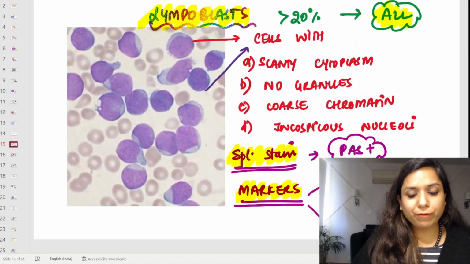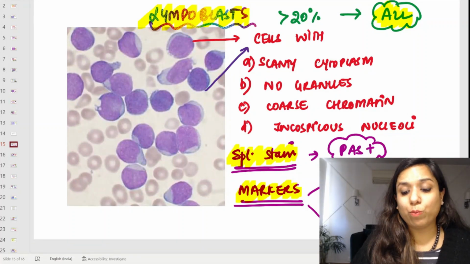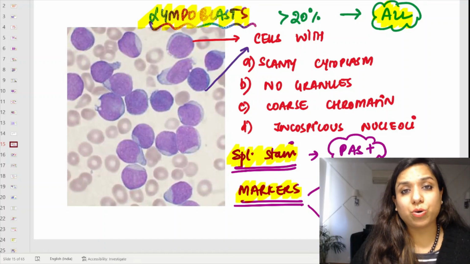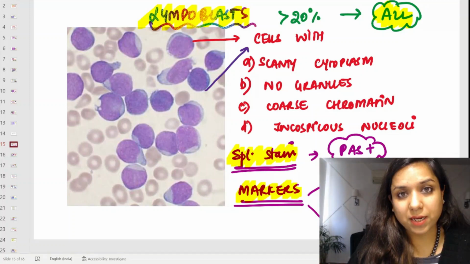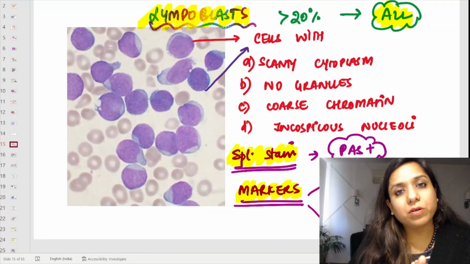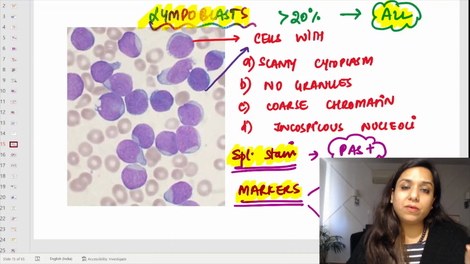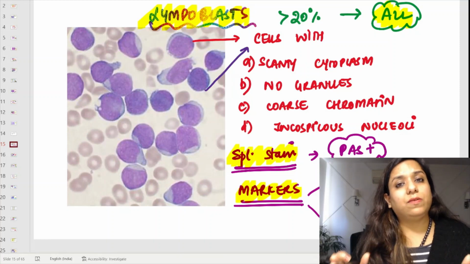Let us move to the first important thing about leukemia, students, that is lymphoblasts, right? You all know what blasts are. They are immature cells, right? Now, blasts are immature precursor cells. If it is an immature precursor cell for a lymphocyte, it is called a lymphoblast. And if it is an immature precursor cell for a neutrophil or a cell of the myeloid series, it is